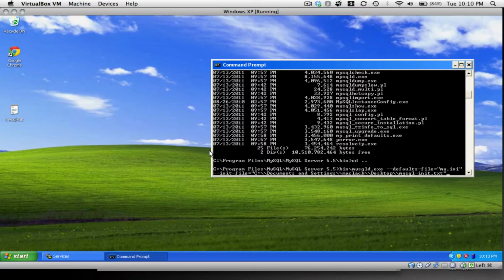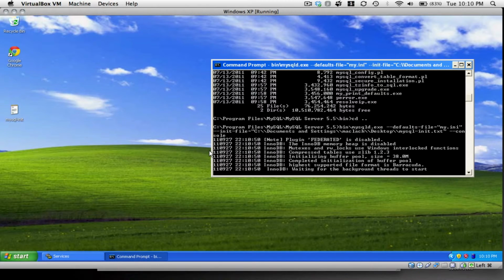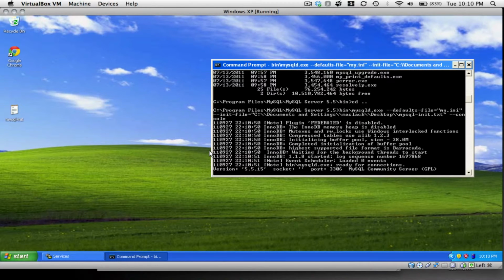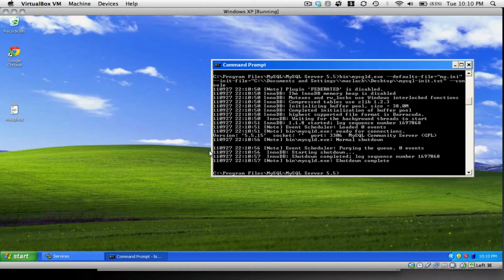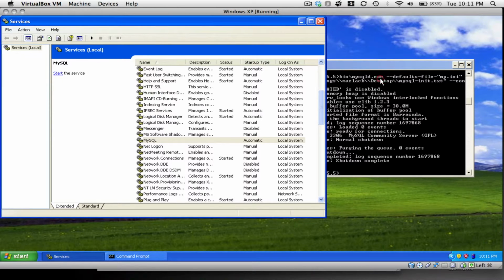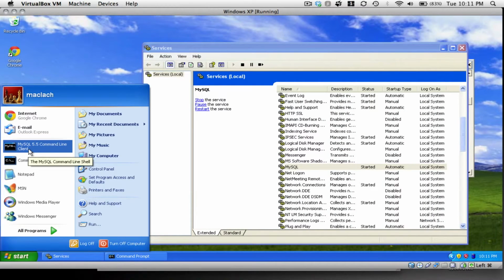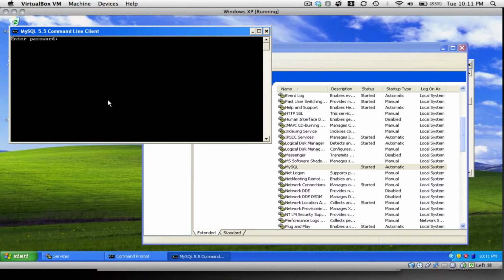And if you want to watch what's happening, you can do --console, and that'll print messages out to the console as to what's going on. And actually, once I get here, I'm pretty much done. So I can Control C to get out of this, go back to Services, start up my SQL server again. Now it's running, and now watch this. I can go to my MySQL command line client and type this password,